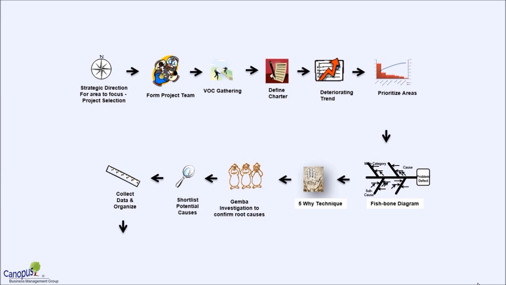In some cases, whether you are drafting the charter or have completed drafting it, it may be good to prioritize which areas you want to focus on. Many times, the problem may be too complex for you to work on all aspects. So it may be good to find out where you can cause maximum positive impact. If you use a Pareto tool, that is the 80-20 principle, you may be able to target your effort on those causes or areas where you put in minimum effort and get